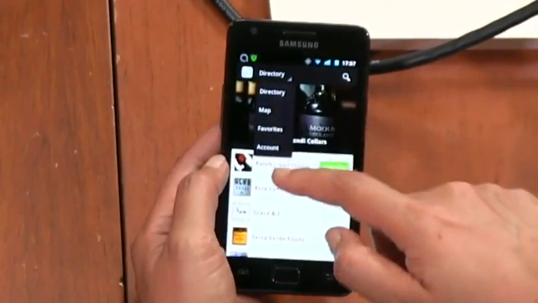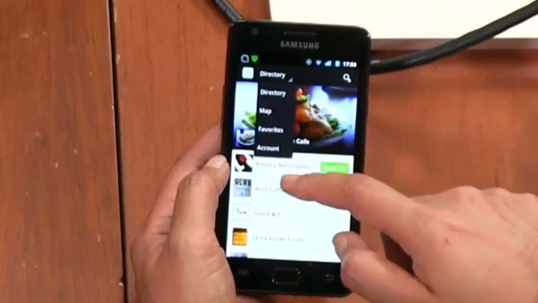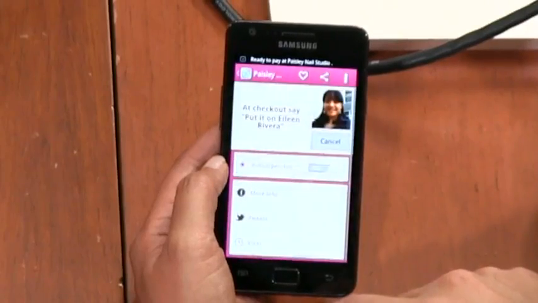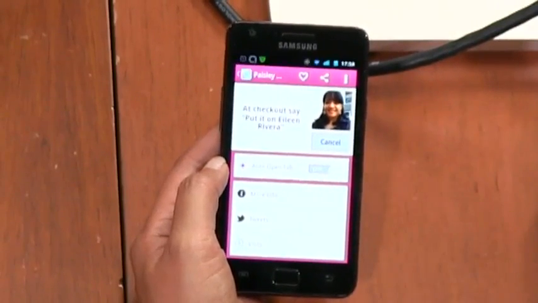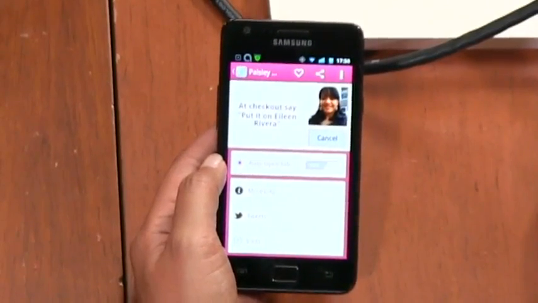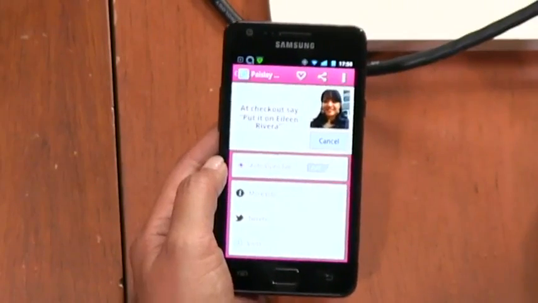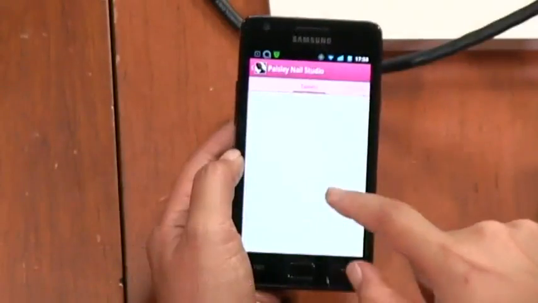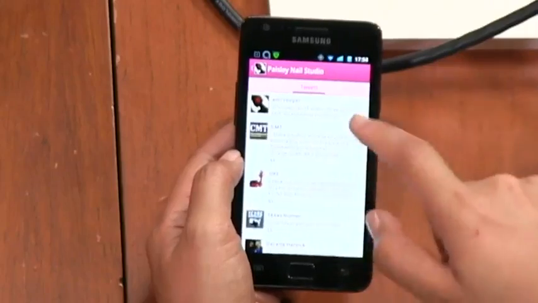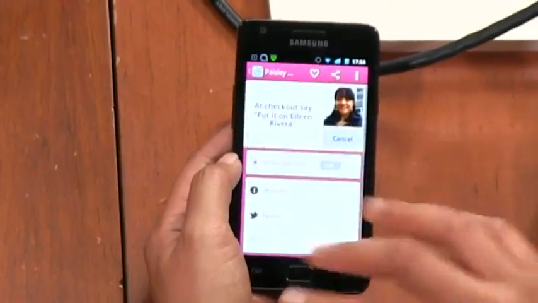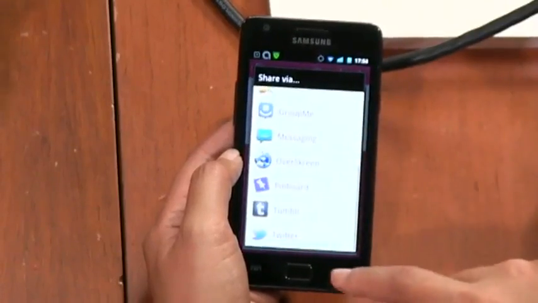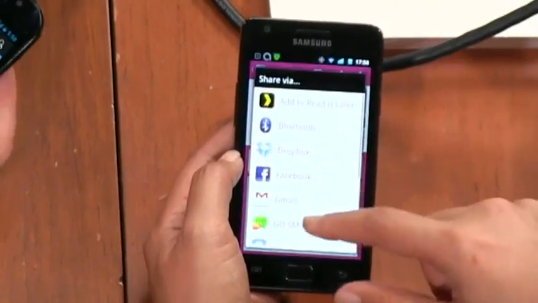There's a directory. You can get a map. You can favorite some places, and then you see your account. And when you open up a tab, it's pretty simple. You see your account. Now, you don't have to tap anything. You just say, hey, my name's Eileen Rivera, and hopefully they have their little Square register, and then you walk away. You're done. You don't have to touch anyone. You don't have to do anything. And then in this app, you could just see if the merchant has a tweet. You could see what they've been tweeting out, what they like, or whatever. It's actually more simple, and then you can even share with your merchant with various places.